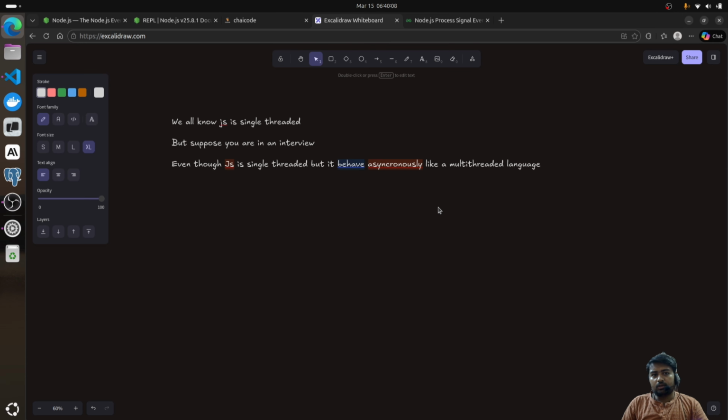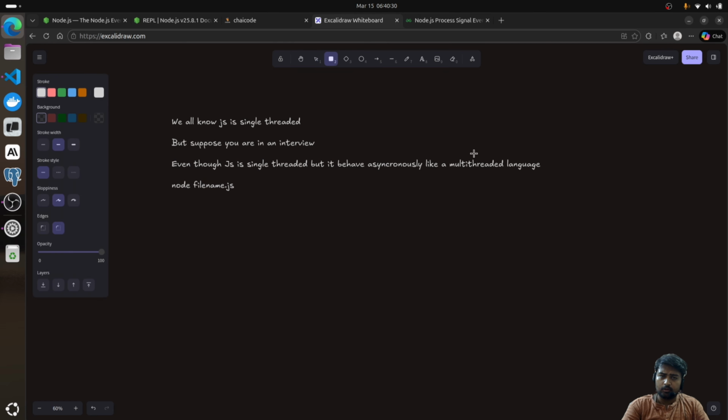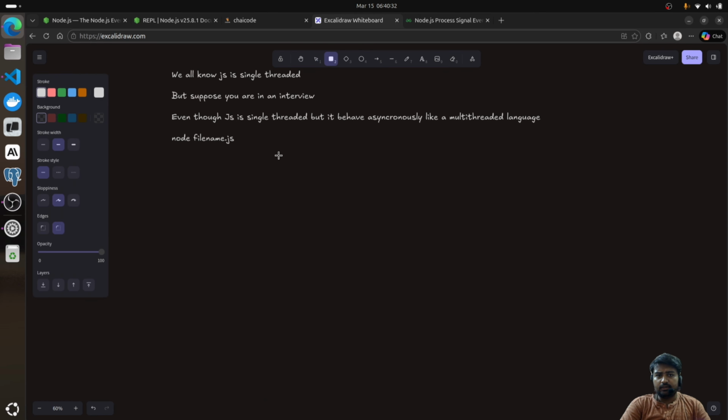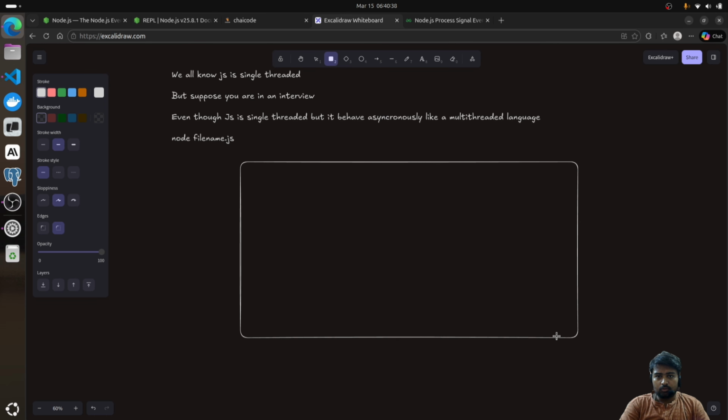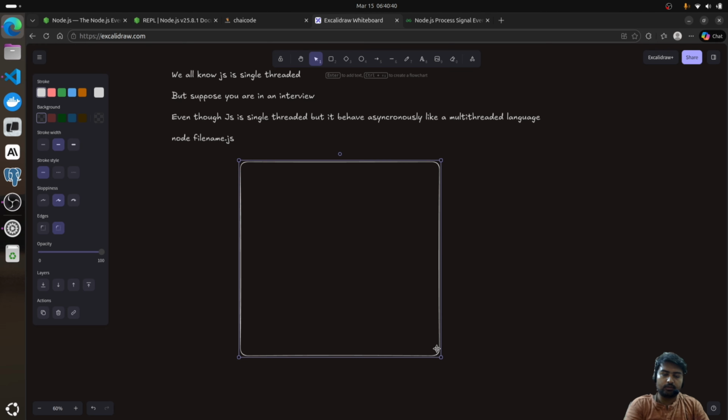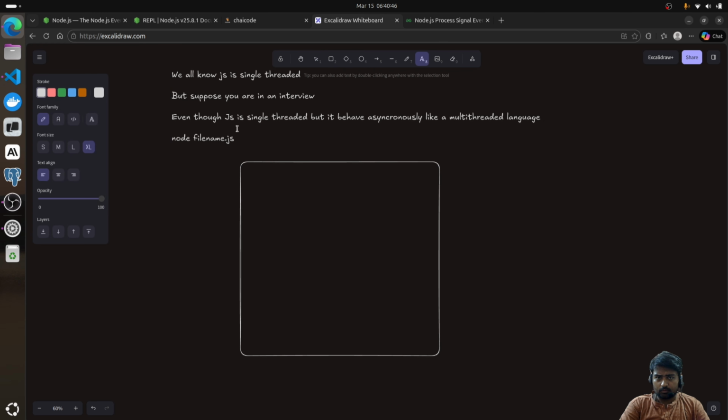So whenever we run any kind of file in the Node.js environment, we write node filename dot js. So node provides us with a runtime environment, right? What happens behind the scenes whenever we do this? Let's see. Whenever we write node filename dot js, the node environment